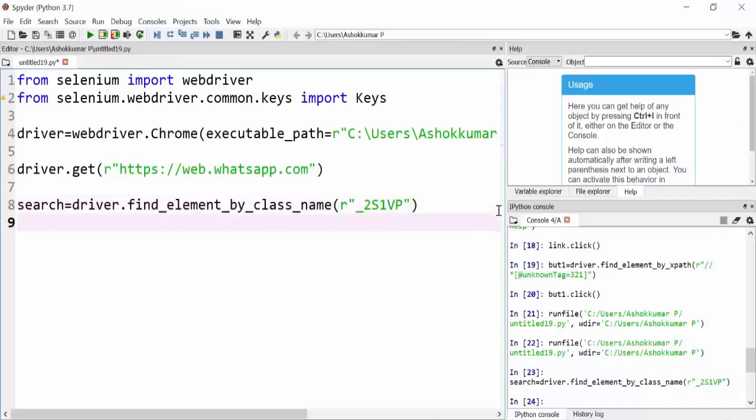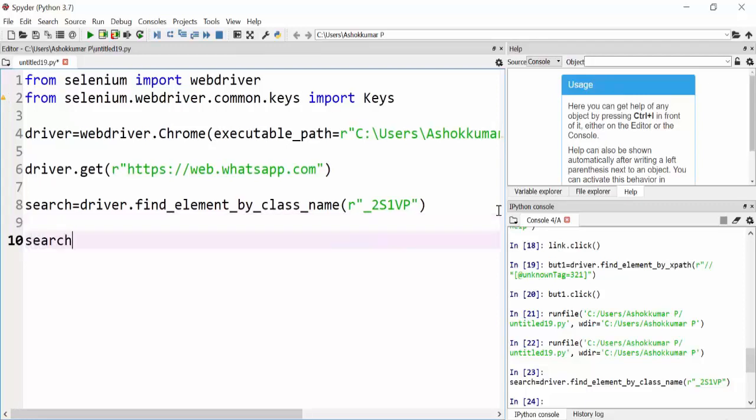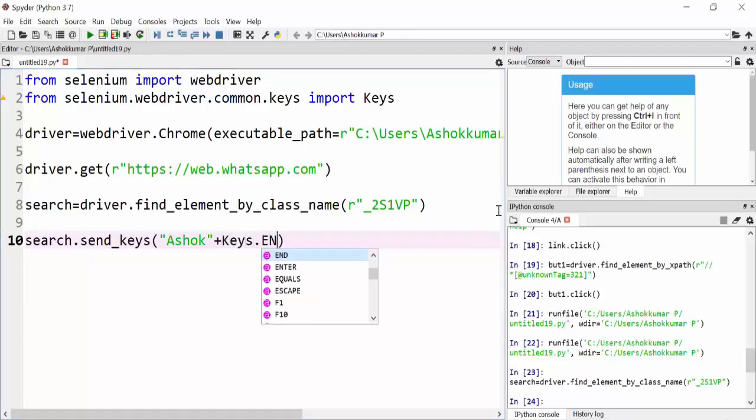Coming back to the code, search dot send_keys. Here you have to give the name, and after typing this name we have to open that chat. For that purpose you have to click the enter key, so for the enter key you have to give Keys dot ENTER.